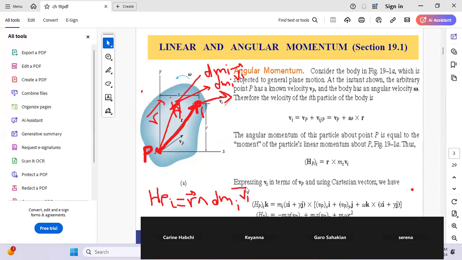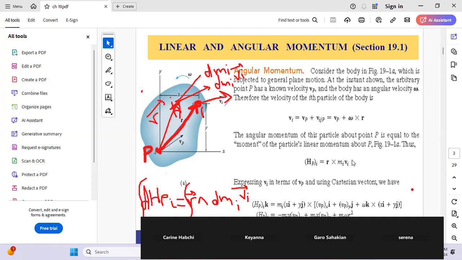Now, to continue, we need to integrate to find the angular momentum. This is elementary angular momentum. To find the angular momentum over the whole body, we need to integrate this. We need to perform the integral procedure. In order to come up with a general expression for the angular momentum, we'll find